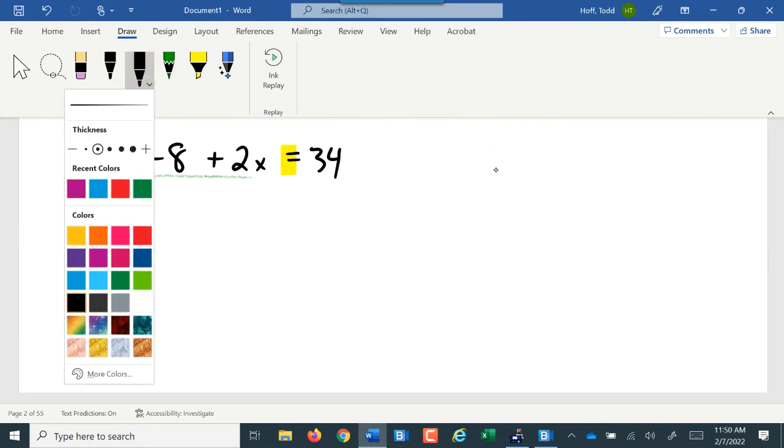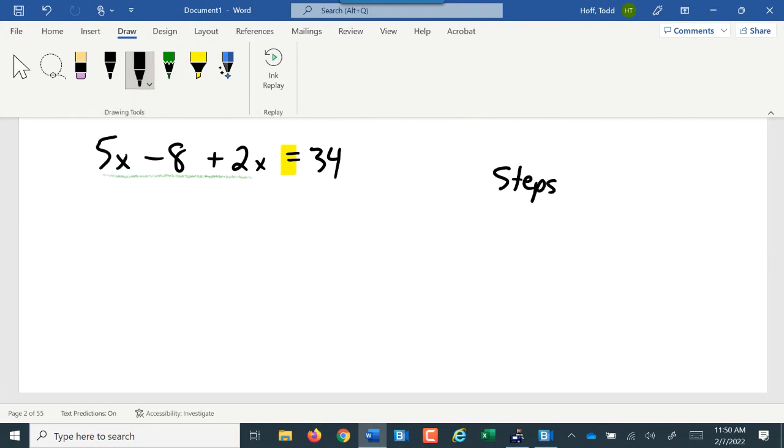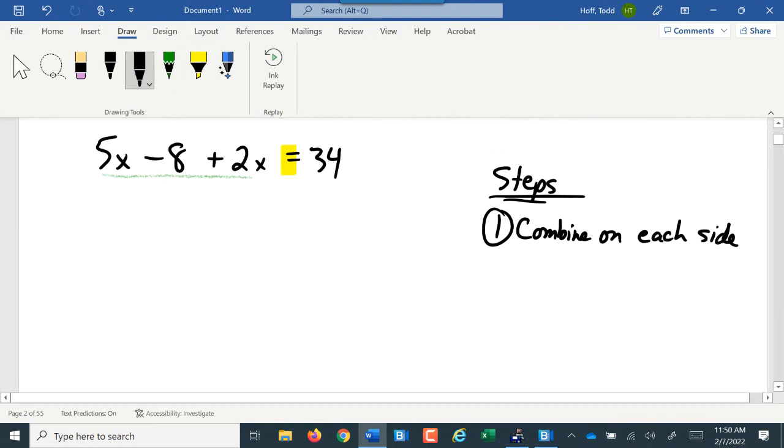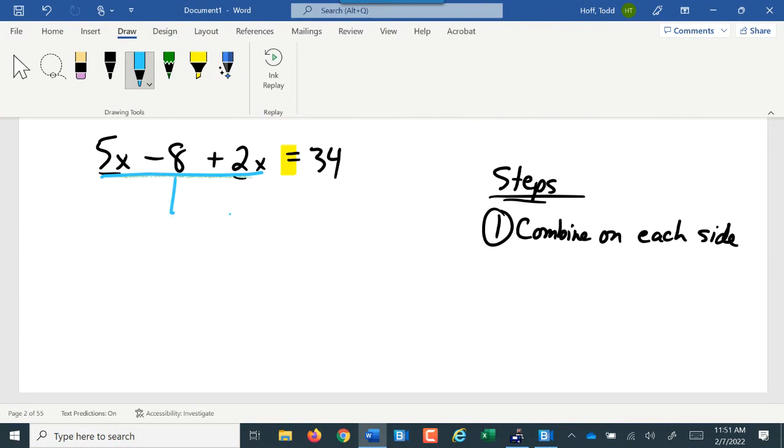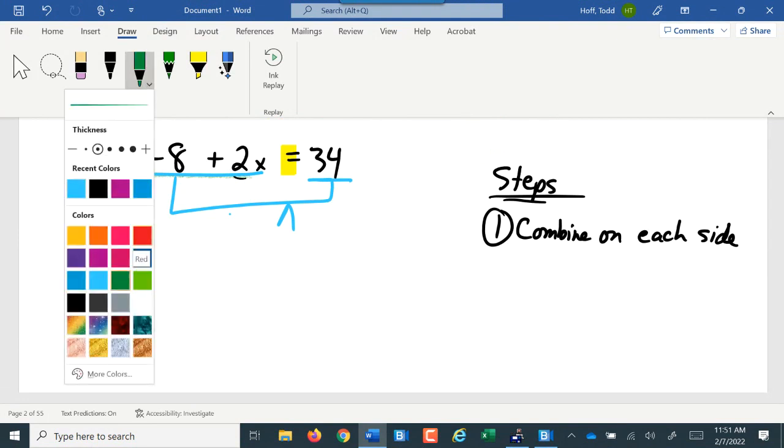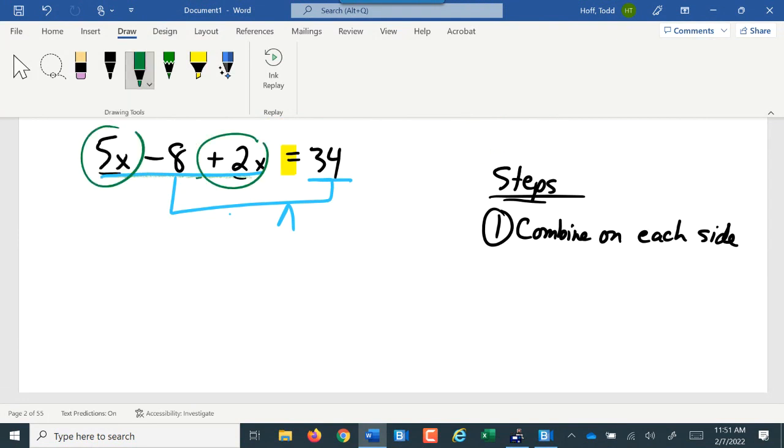We can solve an equation. There are steps we need to take. Step 1 is always going to be combine anything that we can on each side. Here, we can combine the 5x and the 2x. If you think about this, I'm going back to the idea of the balanced scale. The 5x and the 2x are on the same side of the scale, so if I just push them together and make one big pile of x's, 5x and 2x make 7x,